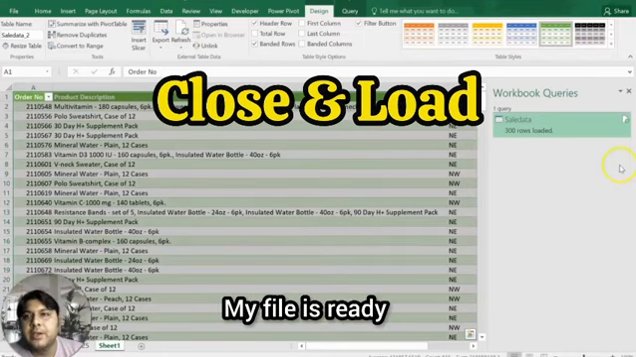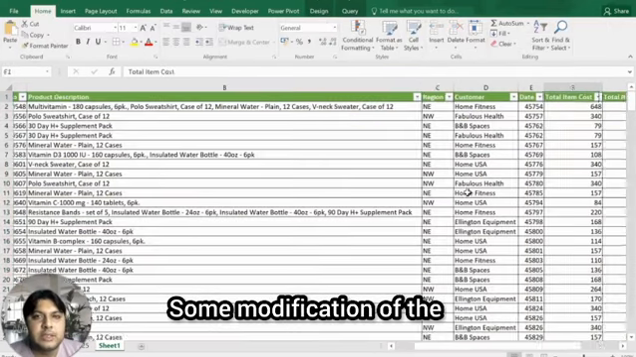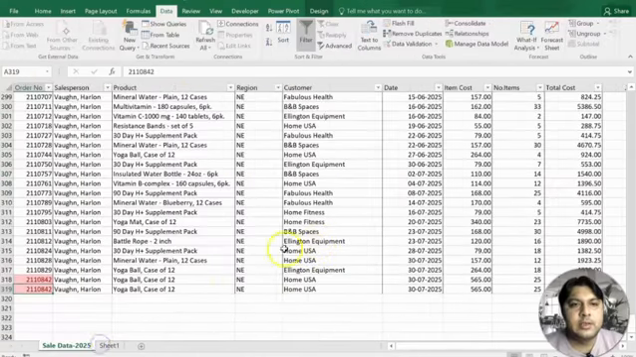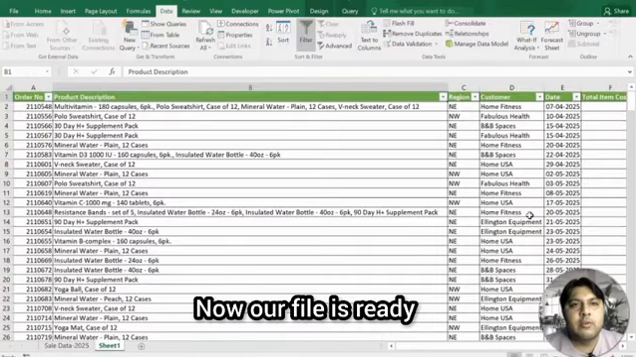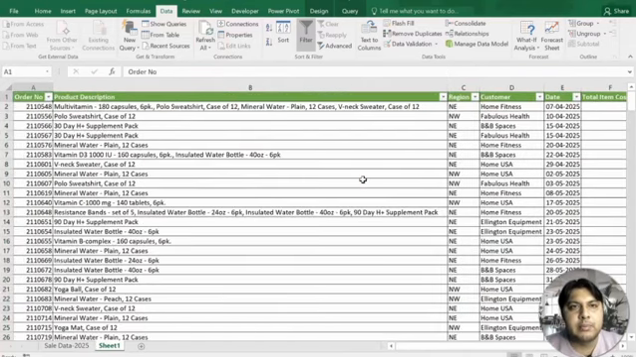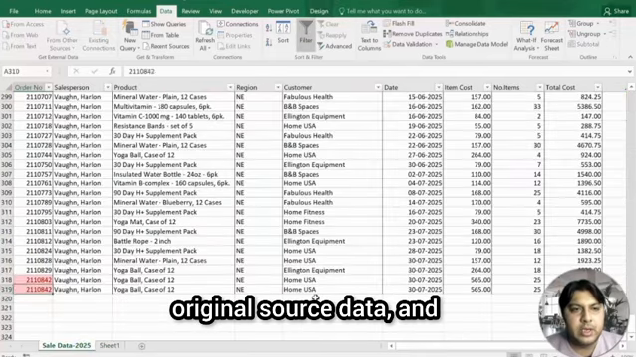My file is ready. Here you can uncheck the branded rows. Some modification of this, and the date should be sorted. So guys, now our file is ready. Finalization file is ready. Now go to the example, go back to the source data, the original source data, and create